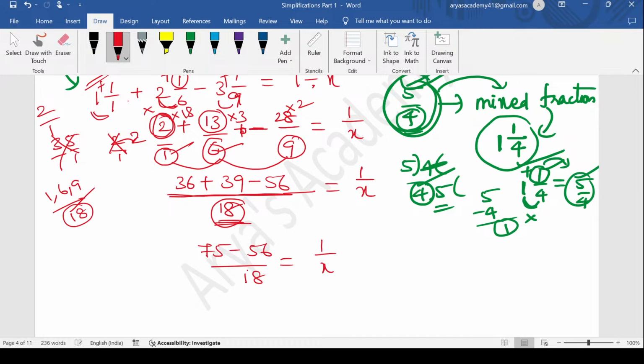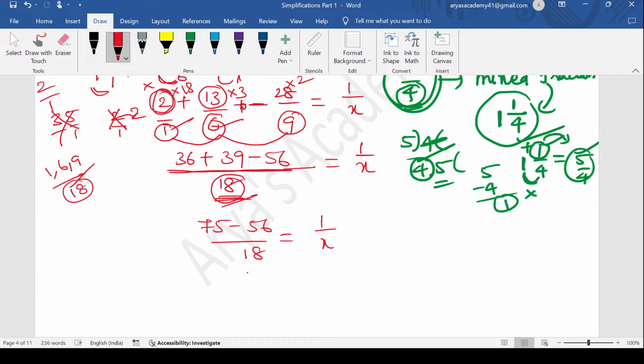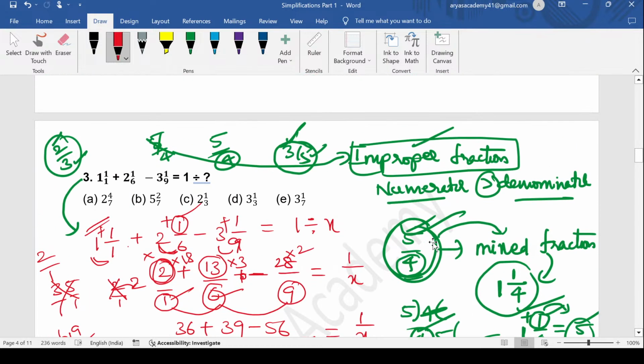So this is the equation. If you subtract this, 75 minus 56, 19. So it becomes 19 by 18. 19 by 18 is equal to 1 by x. So if you want to find x, x will go to this side and 19 by 18 will go to the right side. When 19 by 18 goes to the right side, it becomes reversed, meaning it becomes 18 by 19. So the value of x is equal to 18 by 19,